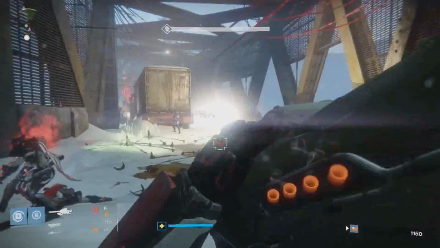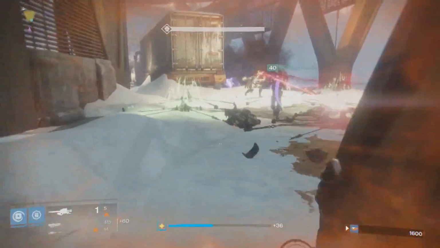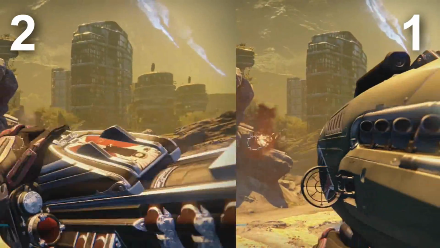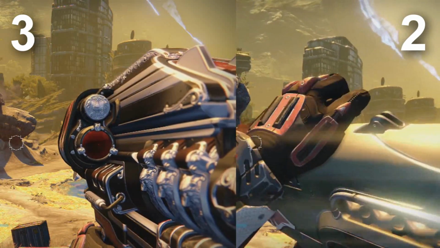So let's break this down a step further and show why the Gjallarhorn is vastly superior in terms of damage per second when compared to the Dragon's Breath. Let's take a look at a side-by-side comparison of the fire rates of the two weapons. In addition, it's important to note the Gjallarhorn has 2 rockets in the chamber and the Dragon's Breath only 1,